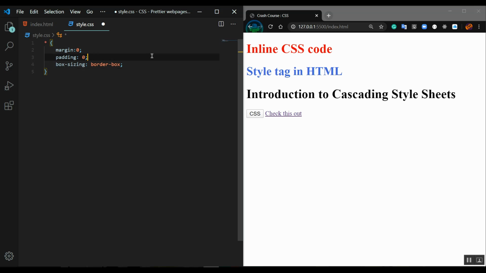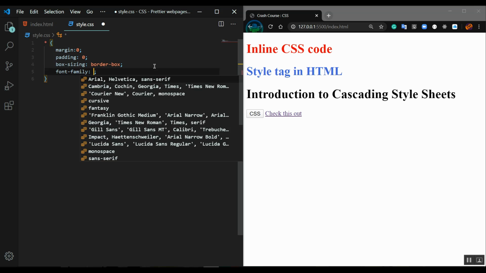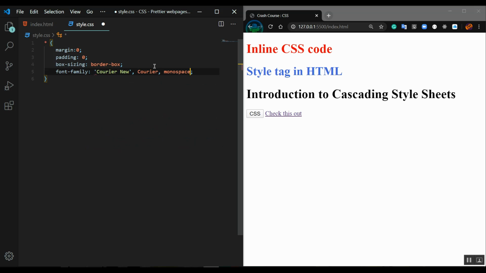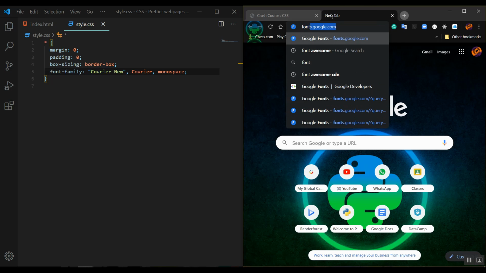And then sometimes people choose font-family, Korean new. Let's try that. Okay, so this is Korean new, but there is actually a very limited list of choices for font-family that you have. So to help with that, what I essentially do is go to